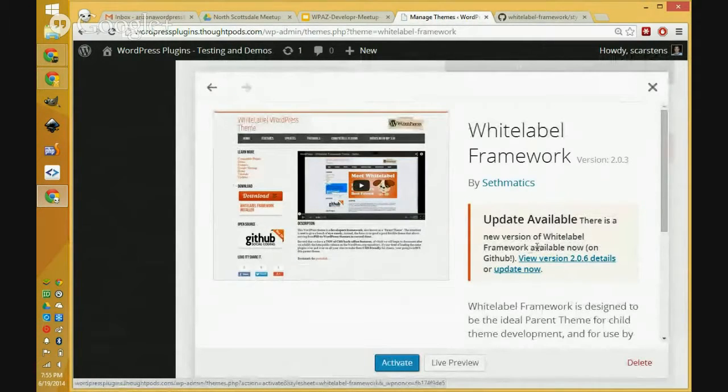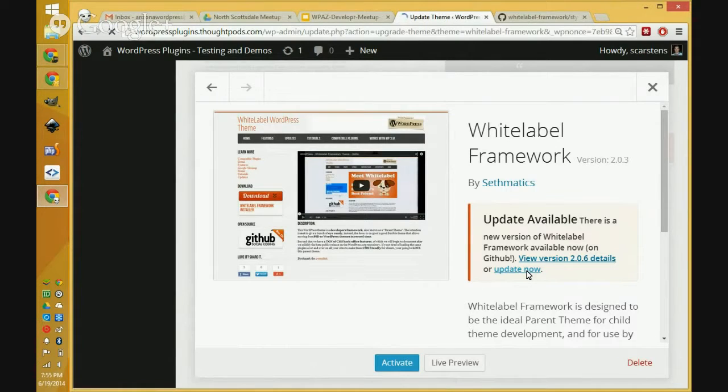An update is available. A new version of White Label Framework is available now. I added this little last part just so that you knew it was coming from the GitHub Updater plugin. You can not click View 2.0.6 details because I just told you that it broke when they updated to 3.9, so don't bother. But if you click Update Now,